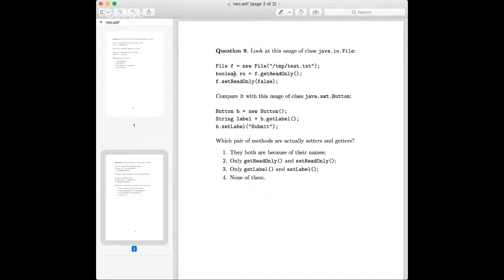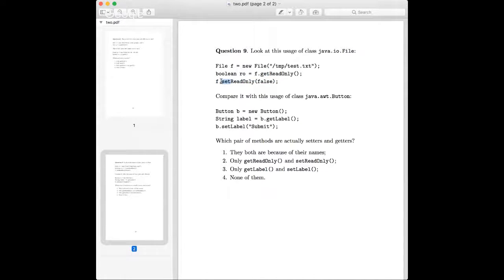So look at the first example, which again is from Java. It's a file. We create a file, and then we call get read only, which returns the read only attribute of the file and places it in the Boolean variable. And then we do set read only, so we set it back. Again, pay attention to the names, get and set.